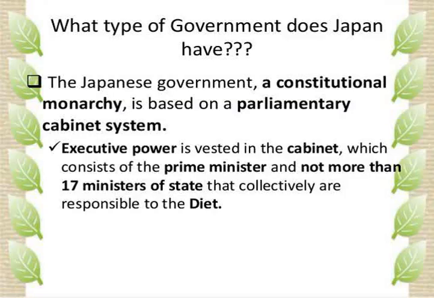It provided a form of mixed constitutional absolute monarchy, with an independent judiciary, based on the Prussian model of the time. A new aristocracy known as the Kazoku was established. It merged the ancient court nobility of the Heian period, the Kuge, and the former daimyos, feudal lords subordinate to the shogun. It also established the imperial diet, consisting of the House of Representatives and the House of Peers.